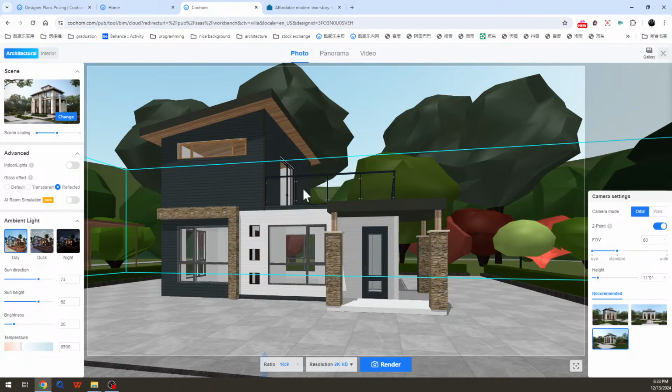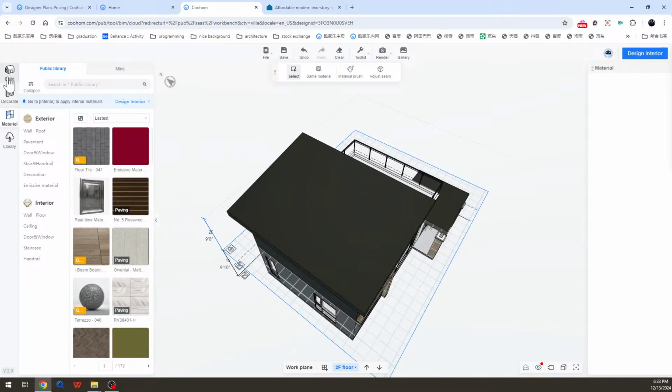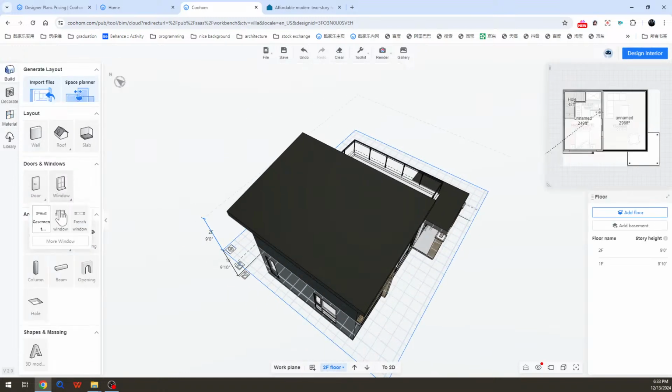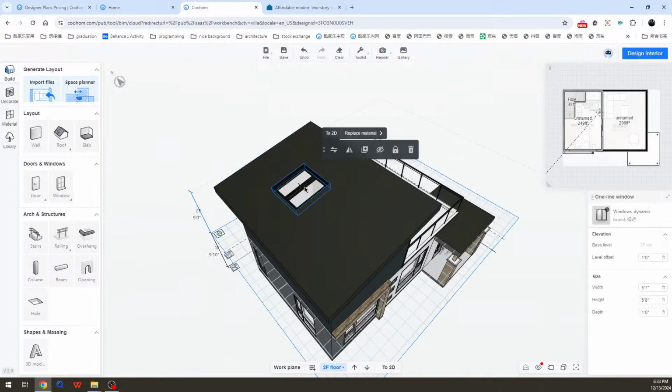Okay, let's have a look here. The interior part is mostly the same as Coohom, but I will do something like this here. This is our new ability for interior parts. Make it quick. If you use the onboarding, have you done the onboarding journey, let's say. So basically we have the skylight,